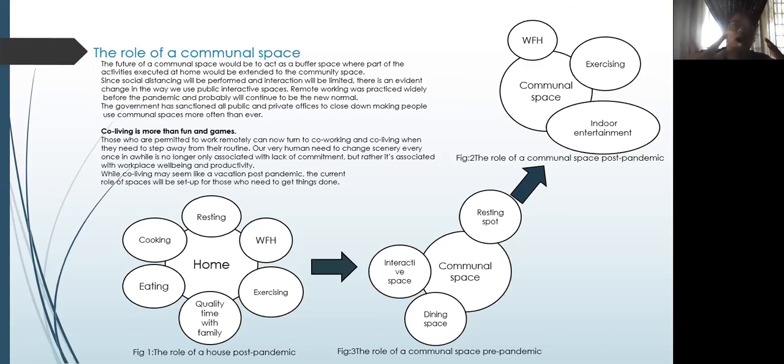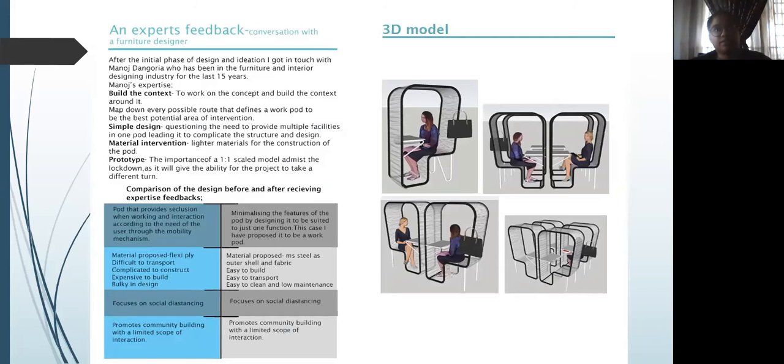It is a place that holds different segregated activities, or different segregated places for the residents, where they can interact with each other and build a better community. I wanted the communal space to become an extension of the house. And how can it become an extension of the house?